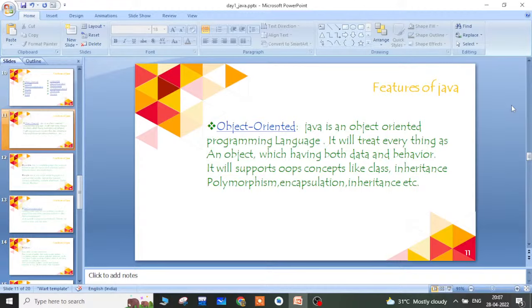It supports all your OOPS concepts like class, inheritance, polymorphism, encapsulation, data hiding, abstraction. Supporting all these object oriented concepts makes Java object oriented.